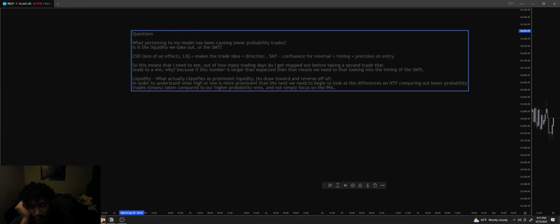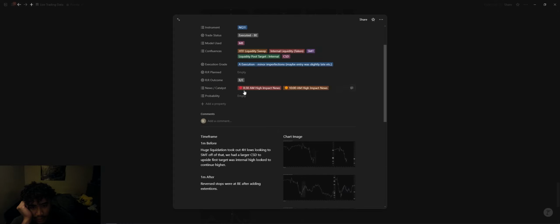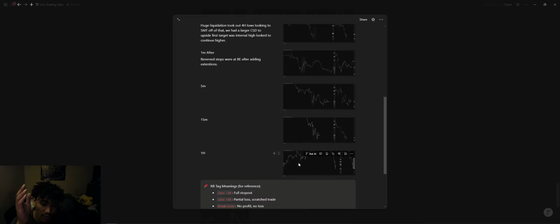If we can compare the higher time frame images, the 15 and the hourly, of our higher probability trades that are flagged versus our lower probability trades, we may be able to see a constant reoccurrence